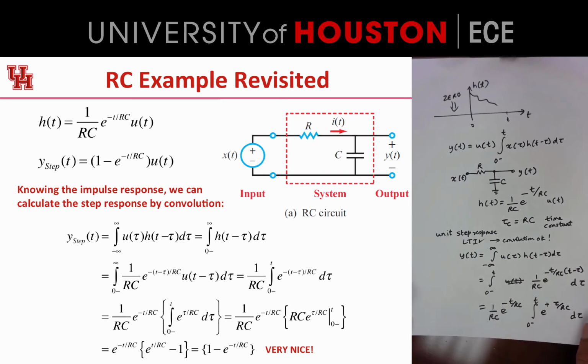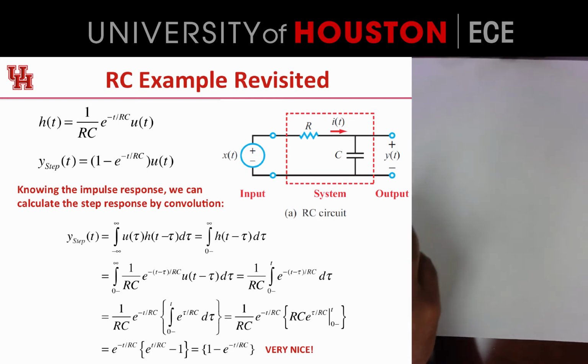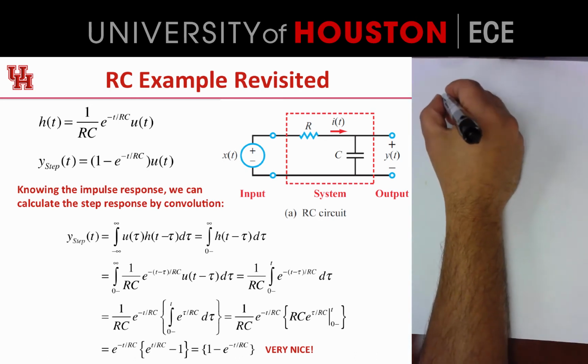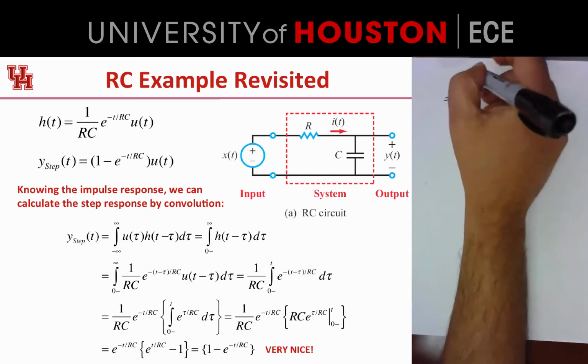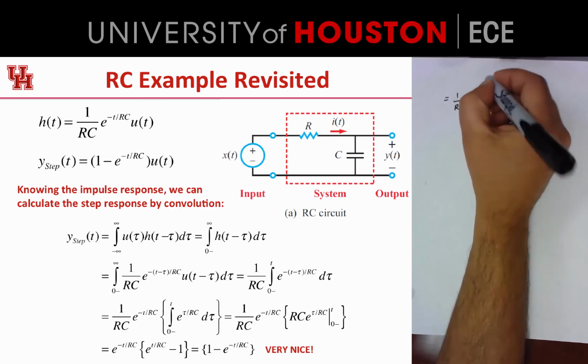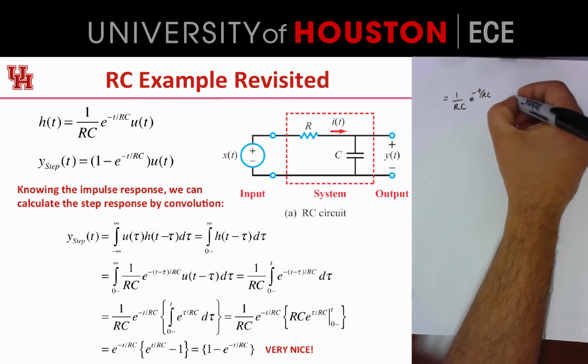So let's work out this integral. This is given by 1 over RC e to the minus t over RC, and this integral basically evaluates to e to the